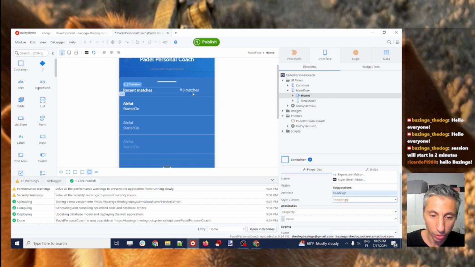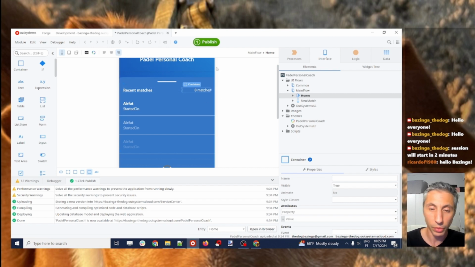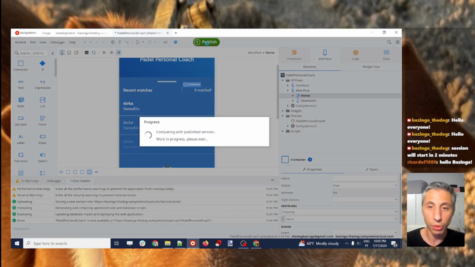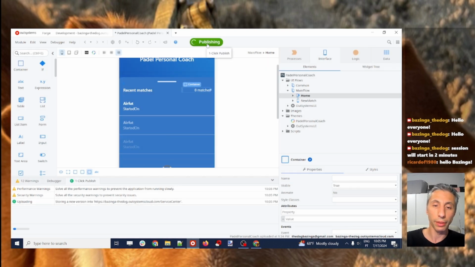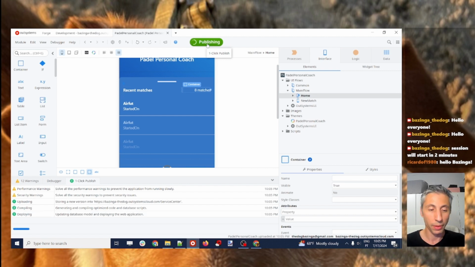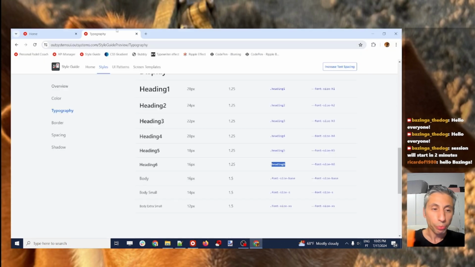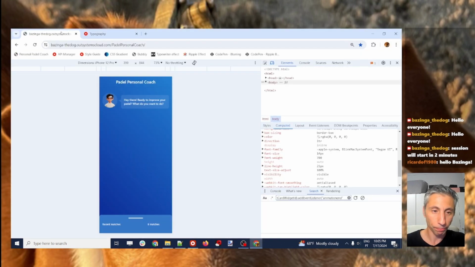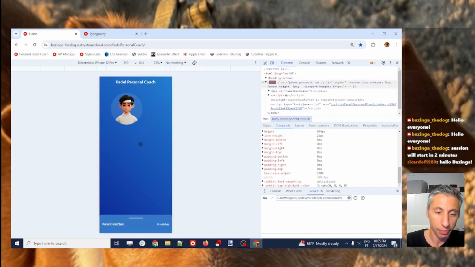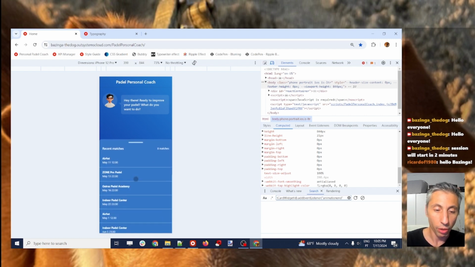Now another thing that I want to do is these matches here. I just want to align these to the right because it doesn't make sense to be on the left. So let's publish to see the result, and let's see if this is coming up in the way we want. Let's refresh the screen and see what happens. Now we should see, yeah, the font is bigger on the message, and also this is aligned to the right, and now this is a little bit bigger. Nice. So when I open this,